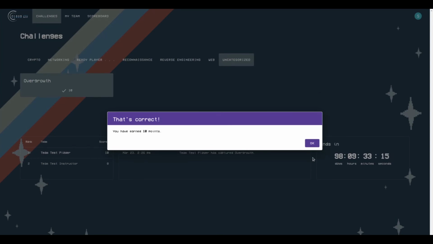So we basically spent 5 points in order to help us answer a question that was worth 10 points. So in the end, the team did get more points and can score better within the CTF competition. Hopefully that was a helpful little insight of what it looks like for a student to solve challenges.